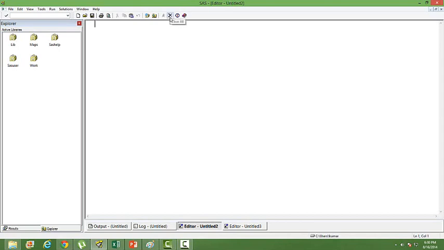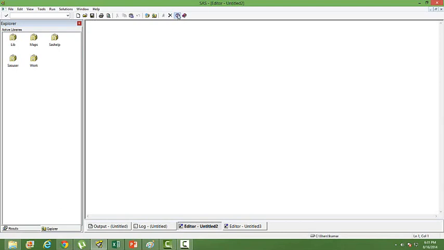You can clear whatever is there on the output and log by clicking on this clear all. Next to that, you have break. Sometimes what happens is that a program is running for a very long time. For some reason, some issues, or maybe you haven't been able to write the code properly, and then it went into some kind of an infinite loop. You can terminate the program.